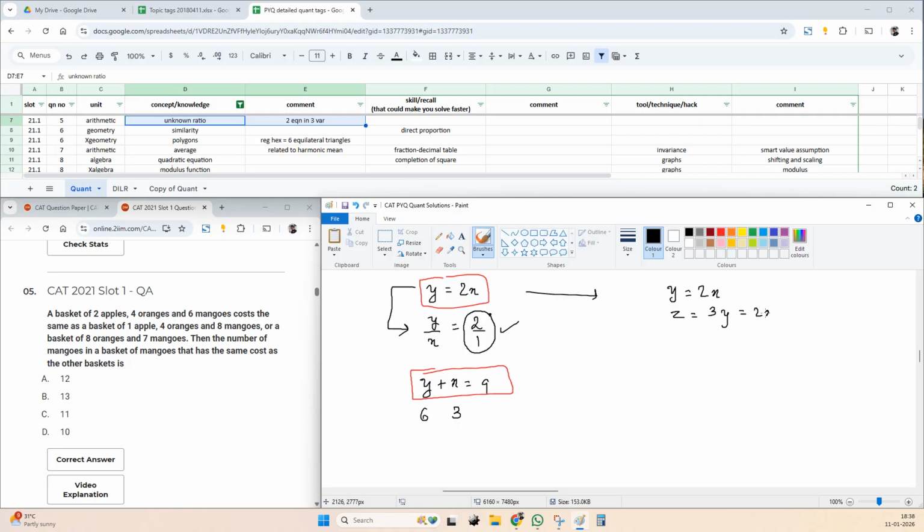3y can be written as 2x, right? This is actually enough to find the ratio of x's to y's to z. Traditionally, we will say just equate it to k and then write k by 3, k by 2 and all. But from a practical competitive exam point of view, look at the coefficients, take the LCM. LCM of the coefficients 1, 3, 2 is 6. Then you can say that x = 3, y = 2, z = 6 would satisfy. So the unknown ratio, x's to y's to z,